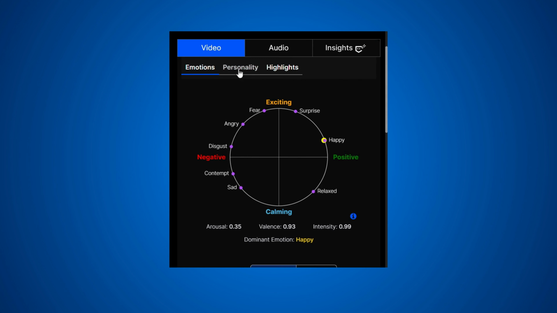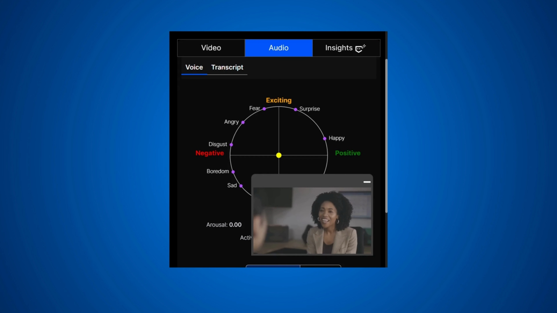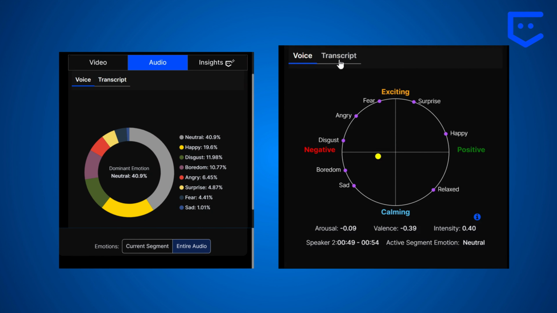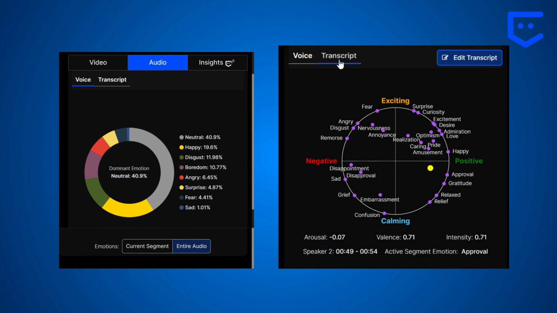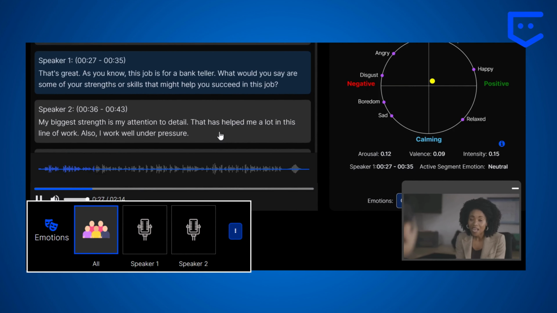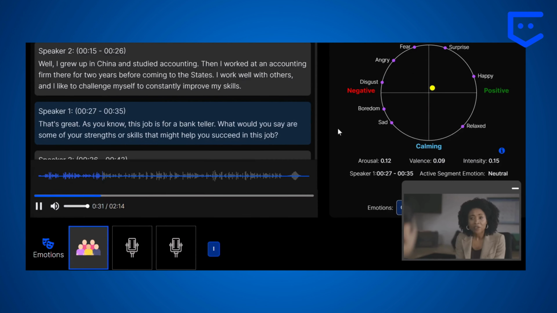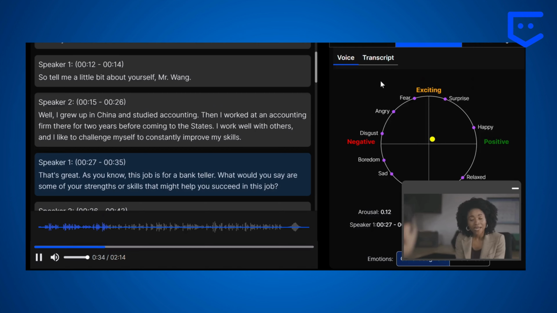In hiring, with Imentiv's audio emotion analysis, you can go deeper than words. Use the emotion graph to see how their emotional state shifts throughout the interview, or focus on key moments that matter most. And with speaker diarization, you'll know exactly which candidate felt what and when, making your decisions more informed,